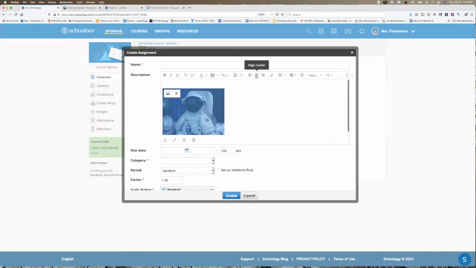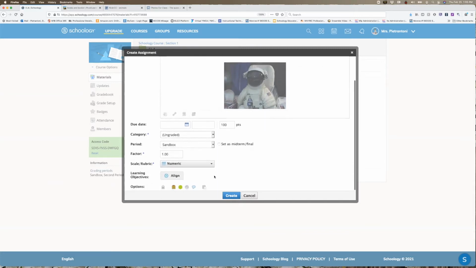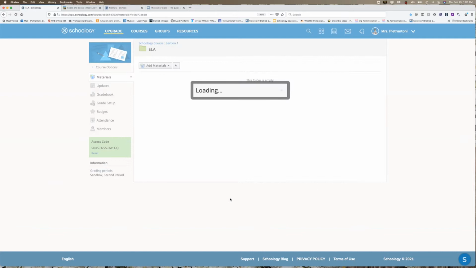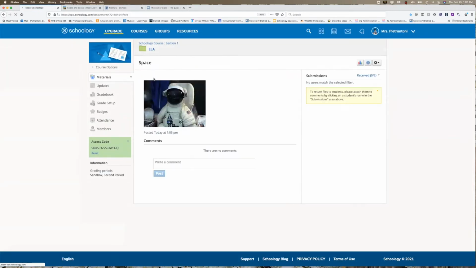And here's an image I have here. And I can add text around it. I can use any of the items with my rich text editor. I'm just going to make this ungraded because I just want to use this as an example. So if I create this and then select the assignment, you'll see the image pops right in there for my